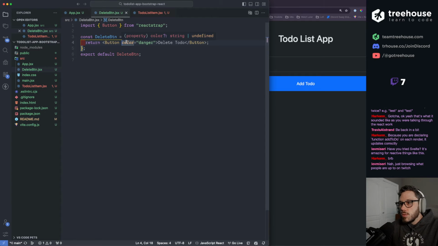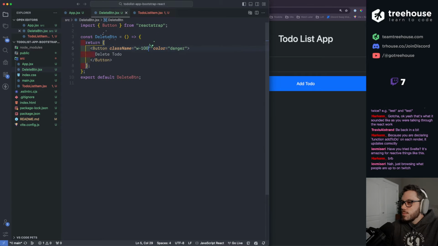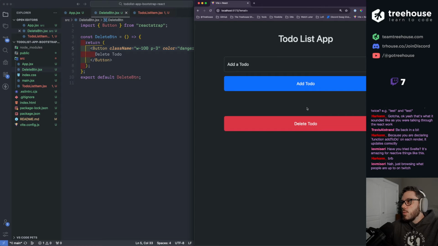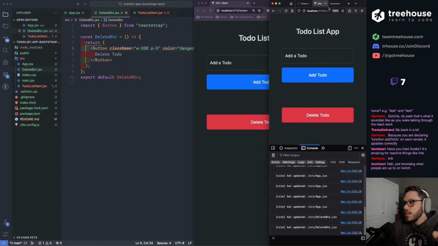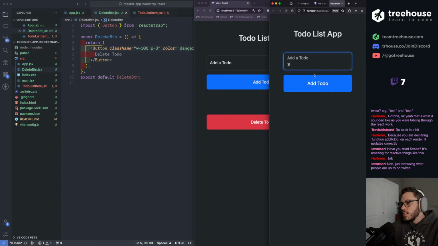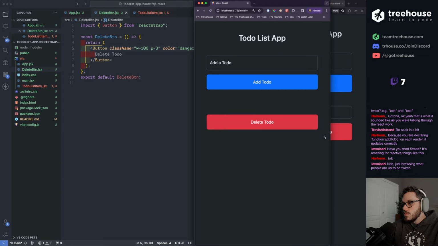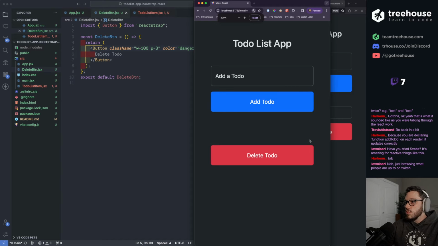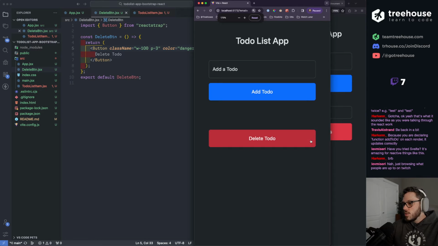It's kind of cool. Class name. I'm gonna do width 100, I think was the Bootstrap. Yeah, I'm gonna do like P3. So we built this completely in vanilla JavaScript earlier in Bootstrap, and it was a lot of fun. And I'm trying to mimic it perfectly. I gotta get that button to come up. Also, we were zoomed in to like 170, which I don't think I can replicate perfectly on Chrome. So it's fine, but I think that looks okay.